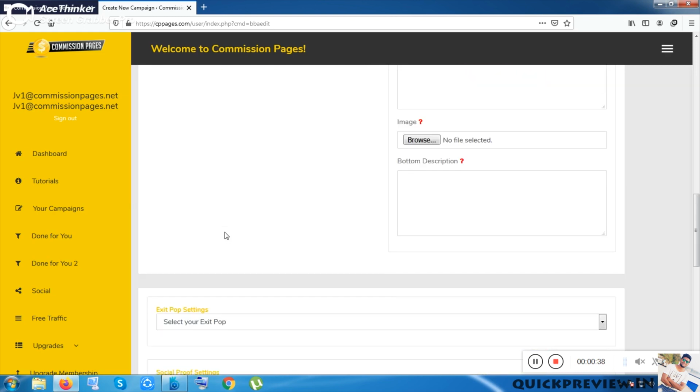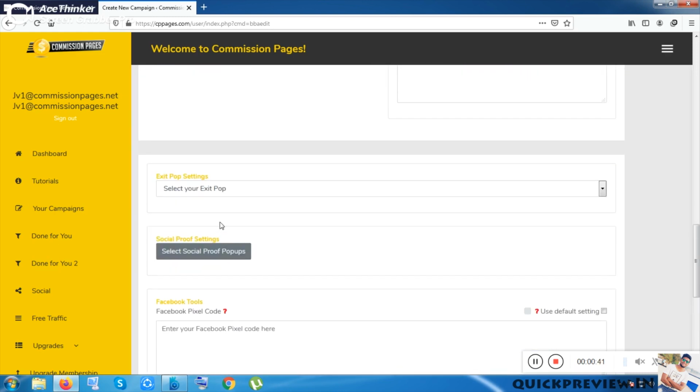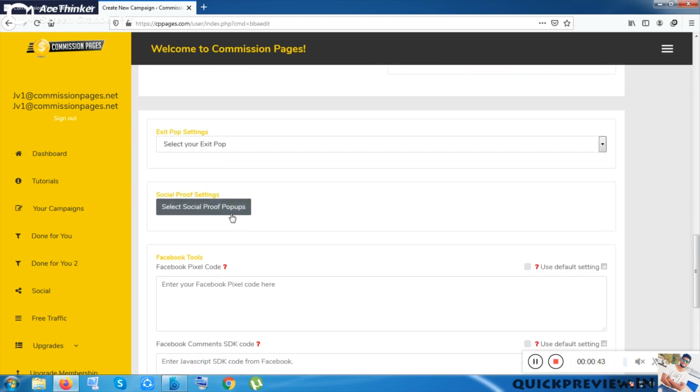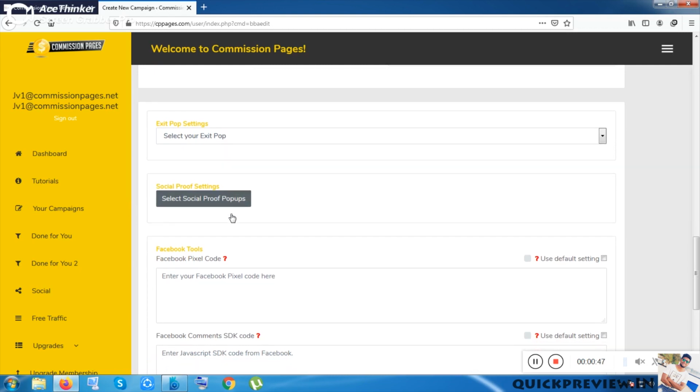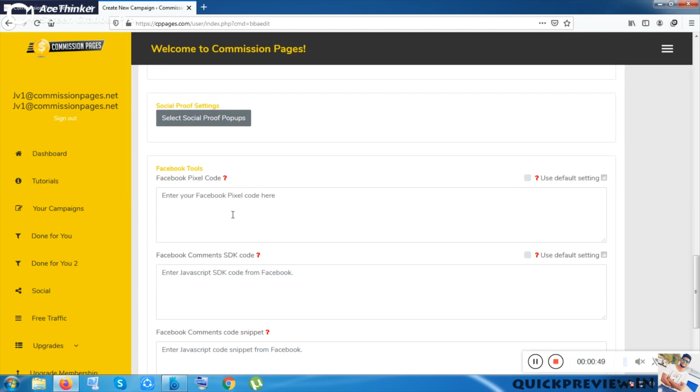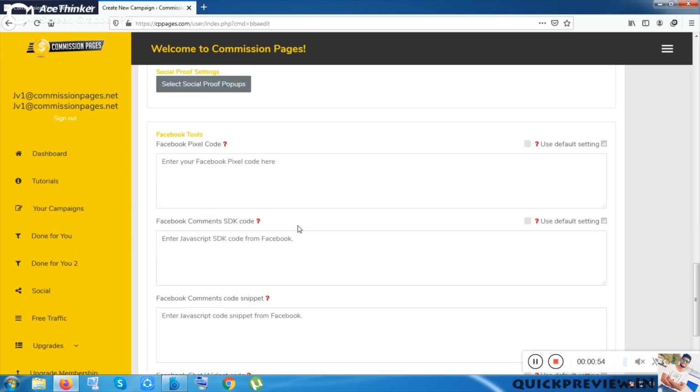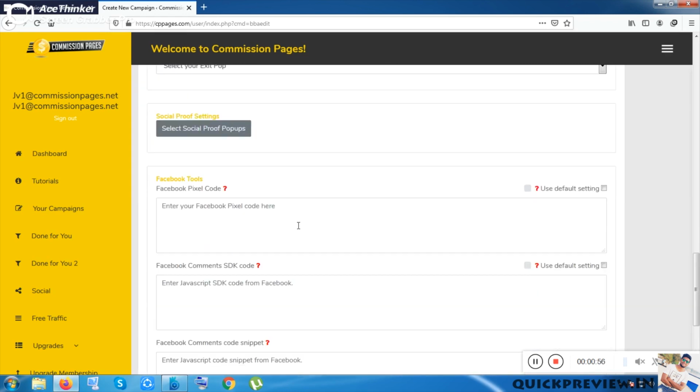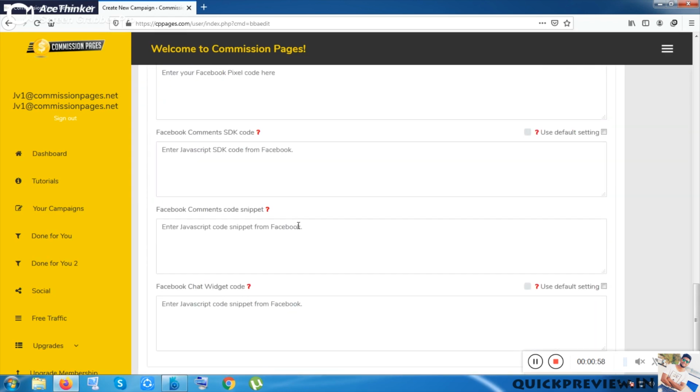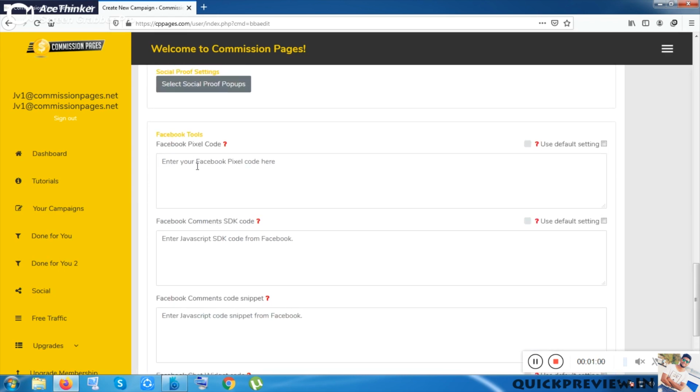They also give a social pop-ups facility. You can use social media pop-ups, also Facebook posts and pixel codes. If you run Facebook advertisements, you should use this. I also think they should give you Google Analytics, because if you run ads on Facebook, maybe you also want to run them on Google. That's why it should be given, but they have not given that.